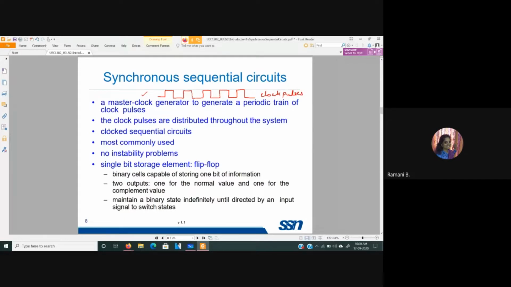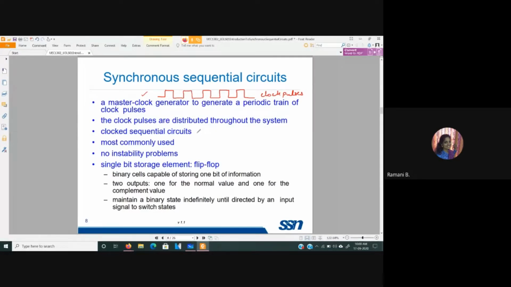So in general, if you are going to consider our computer, everywhere you have a master clock in it, right? With respect to that only, you will be giving the variation in this many megahertz, gigahertz, all those we say only with respect to this clock pulses. How fast the operation happens, all those we mention in terms of this clock only, okay?